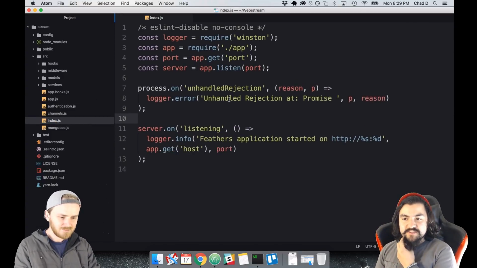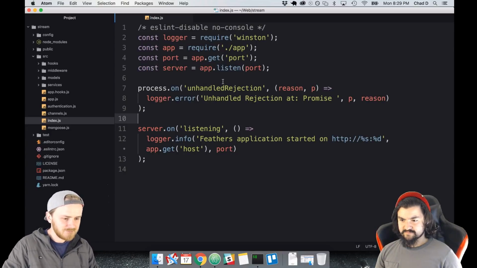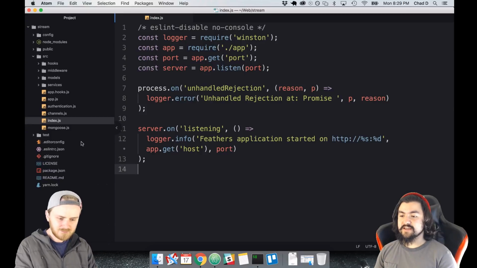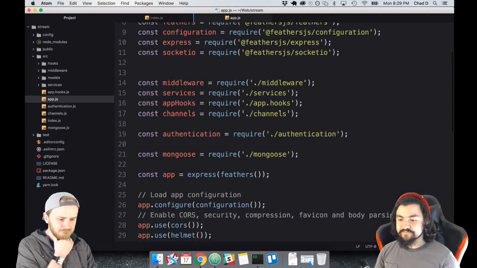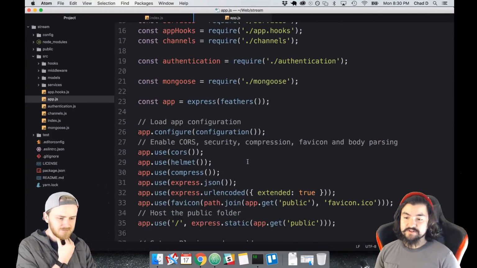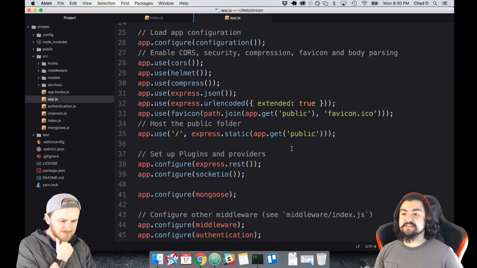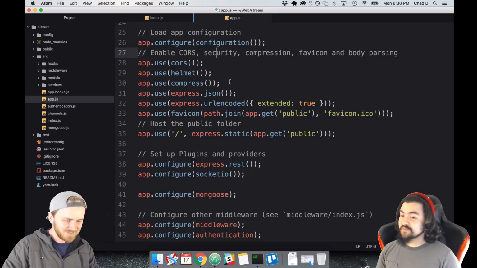Yeah, so this brings in the app file, and this does app.listen and bootstraps the app. And if we look at app.js, this is essentially just an Express app with lots of middlewares and lots of stuff brought in by default. You can see it automatically has CORS configured. It has Helmet, which is a package that adds all of the secure headers. Make sure you wear a helmet. Compression,